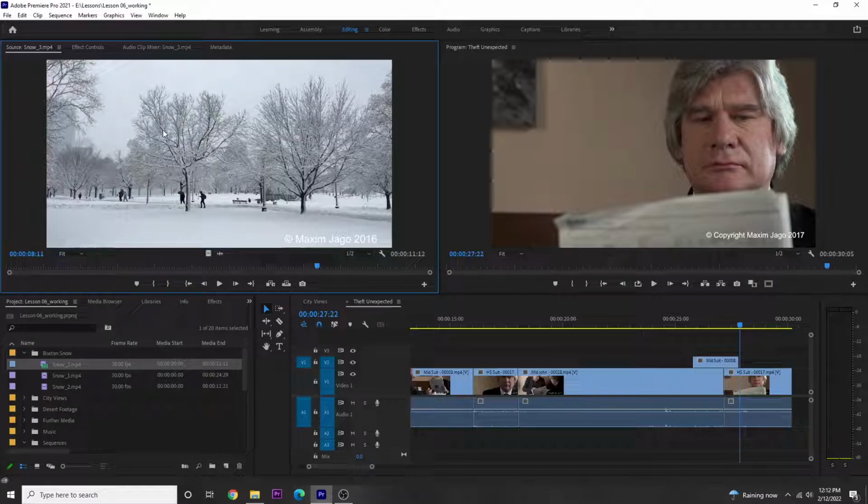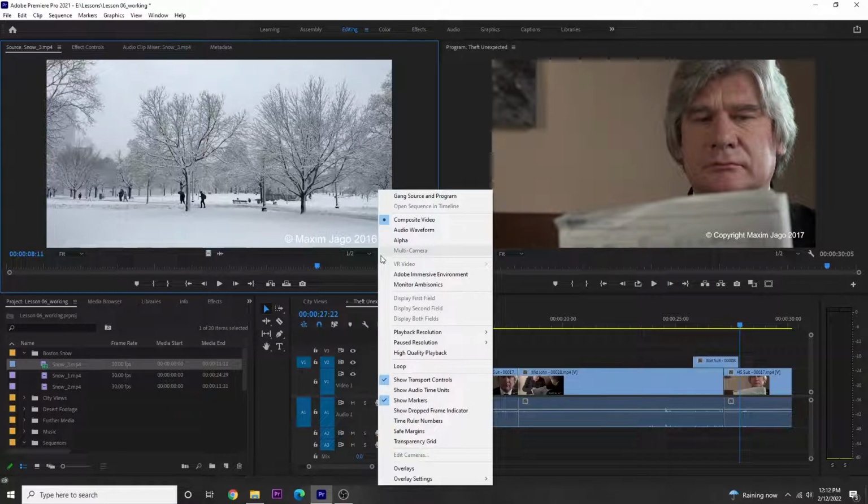But as you stop, the clips always come back into full resolution, and that has to do with our settings. So the little wrench guy, you can choose this here, and it wants to talk about different settings as far as your playback resolution, so you can change it here as well, just like we did from that other drop